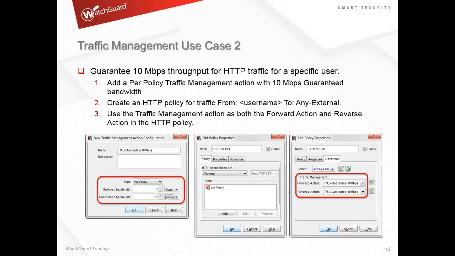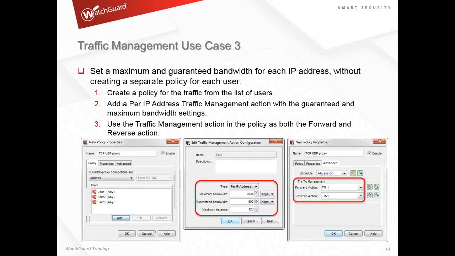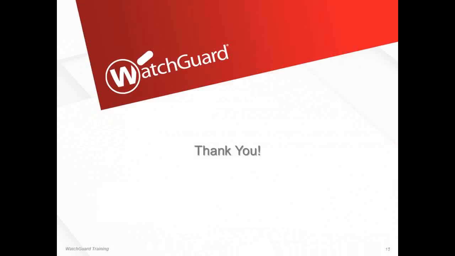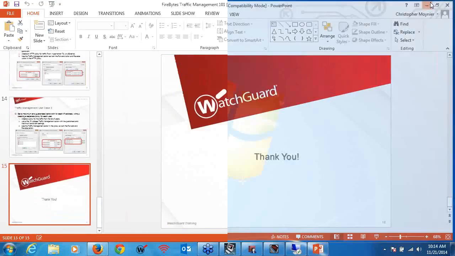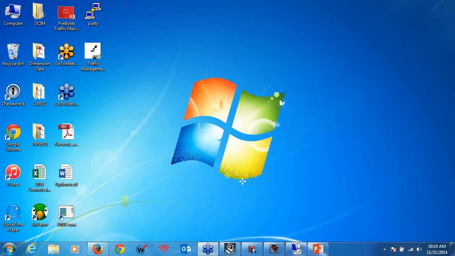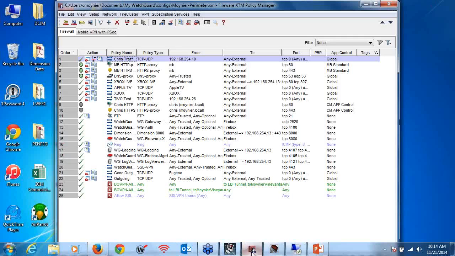The next one is to guarantee 10 megs of throughput for a specific user. That can be done as well, but that's a little more abstract. It's just setting up your traffic management action, and then it's the maximum and guaranteed bandwidth. You can actually set them both: apply a minimum amount and a maximum amount at the same time. And then as far as the live demonstration, what I have here is this policy, and the first thing I'm going to do is under Setup,